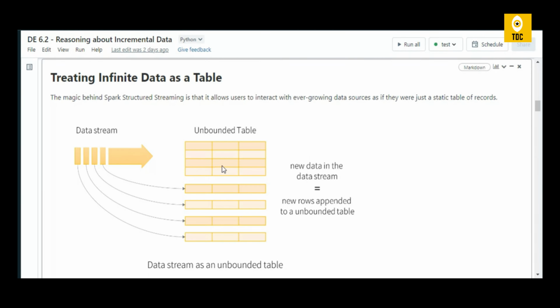And meanwhile this table grows, the user can always interact with it. It doesn't mean that this table will get locked or something like that. So every second the data is being written to this, the user can also query, or there can be jobs getting data from this using queries. It is an ever-growing data source that we can call this table. So whenever new data in the stream comes, new rows are appended to the